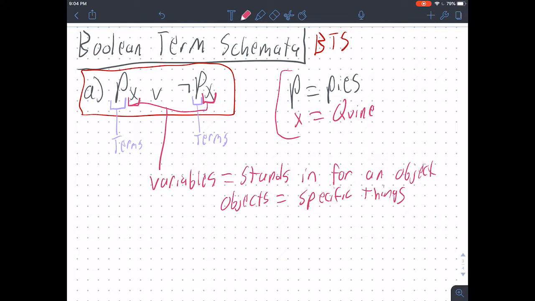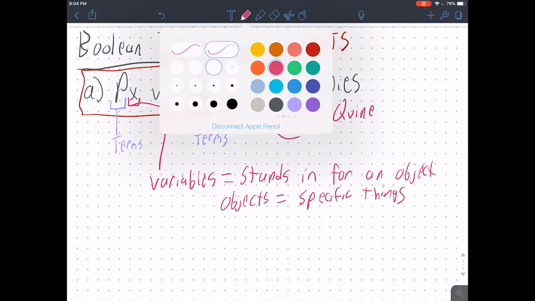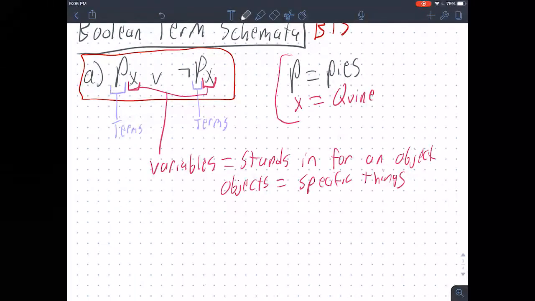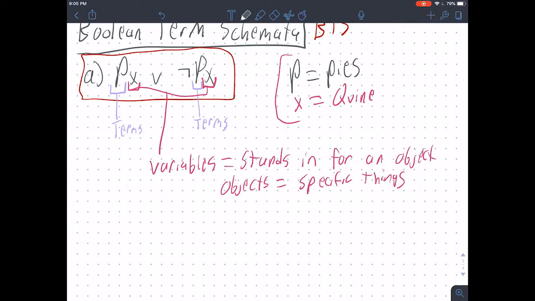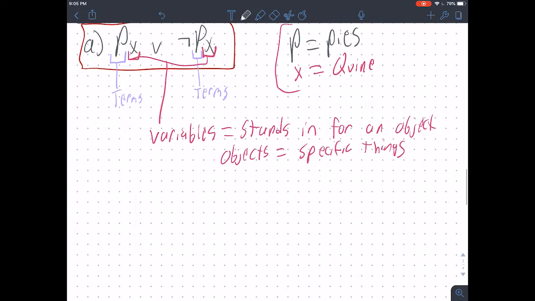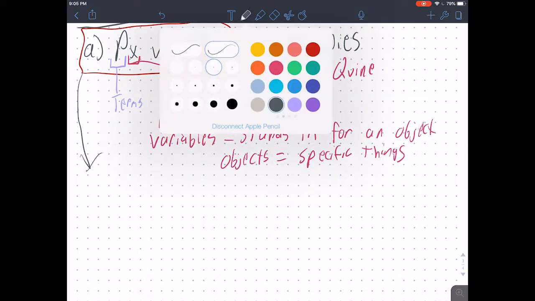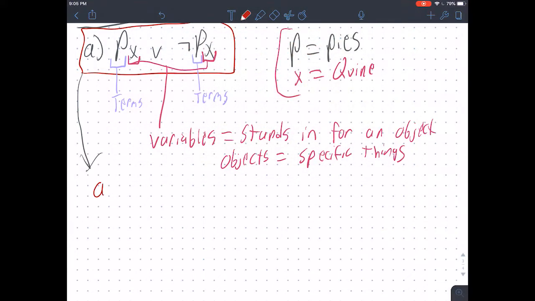That is how we would translate this Boolean term schema A into English. For reasons that I do not think it would be helpful to explain right now, I just introduced this object X, but we're going to get rid of it. So we would simplify A to, let's call this A prime,